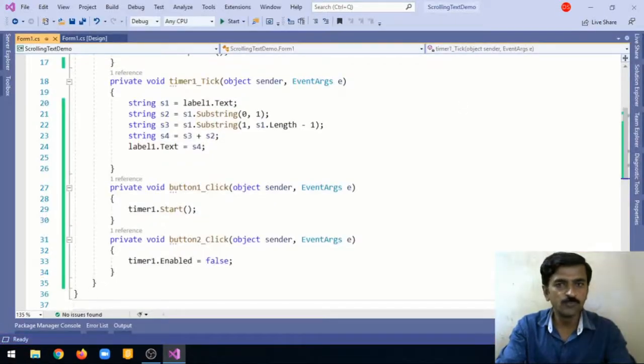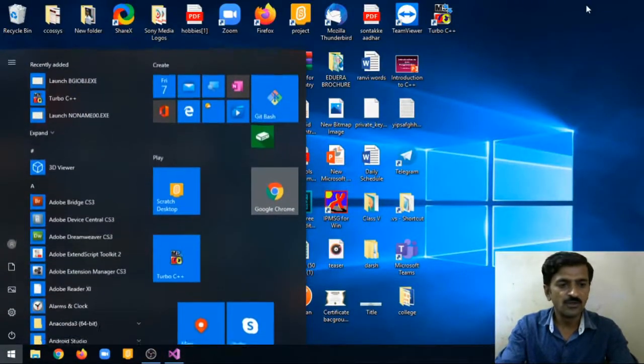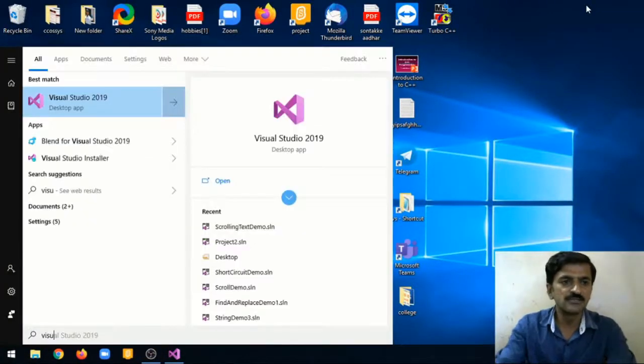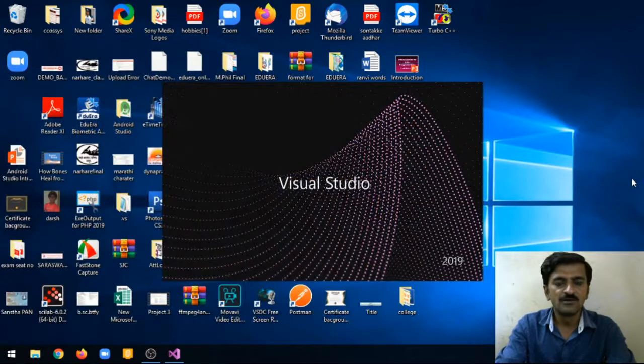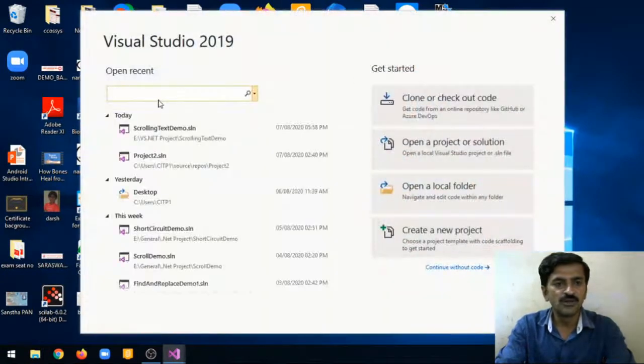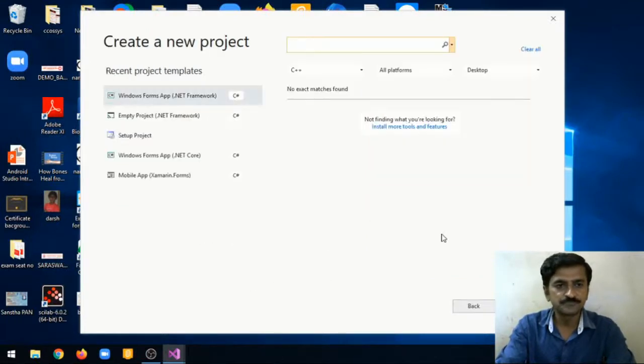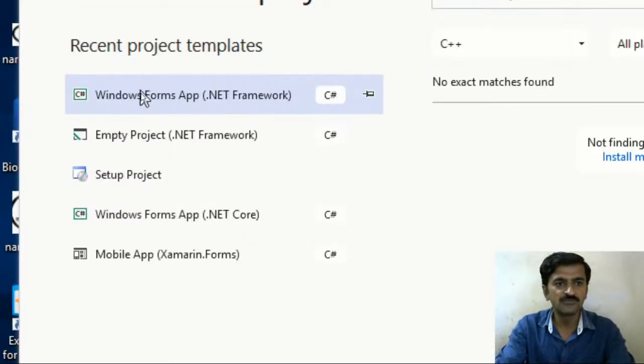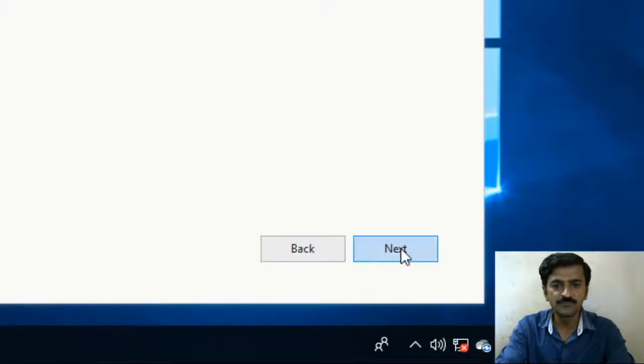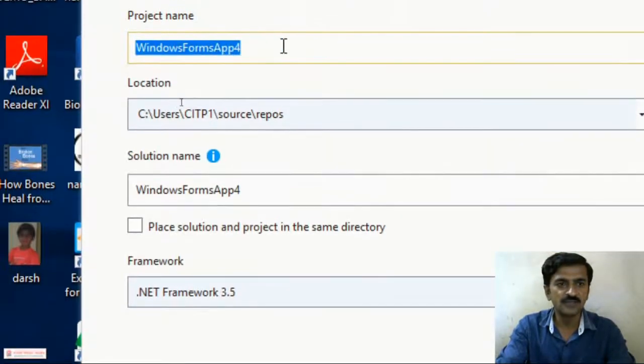So I'm going to open Visual Studio. Visual Studio 2019 is installed in this machine. When I open Visual Studio, it asks for creating a new project. I'm going to create a new project. So I'm going to choose the Windows Form application. When I click on the Windows Form application, you have to select next, and then you can